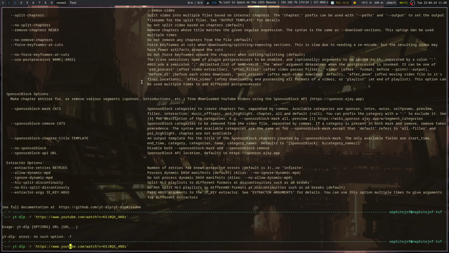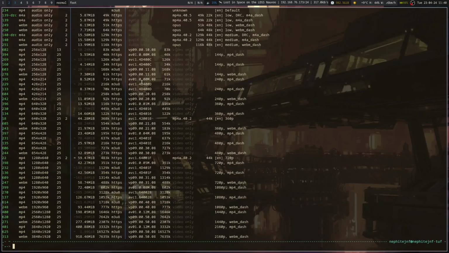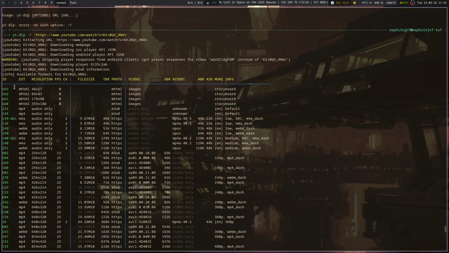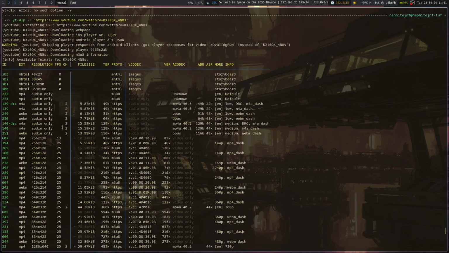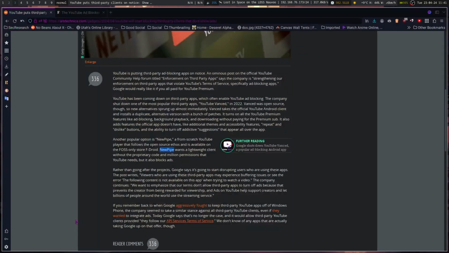Oh, I need capital F. I can look at it and it'll list out all these formats for me that I can download it in. And this is similar to what NewPipe does, it gives you a list of available formats to play your video in. So a lot of them rely on that.